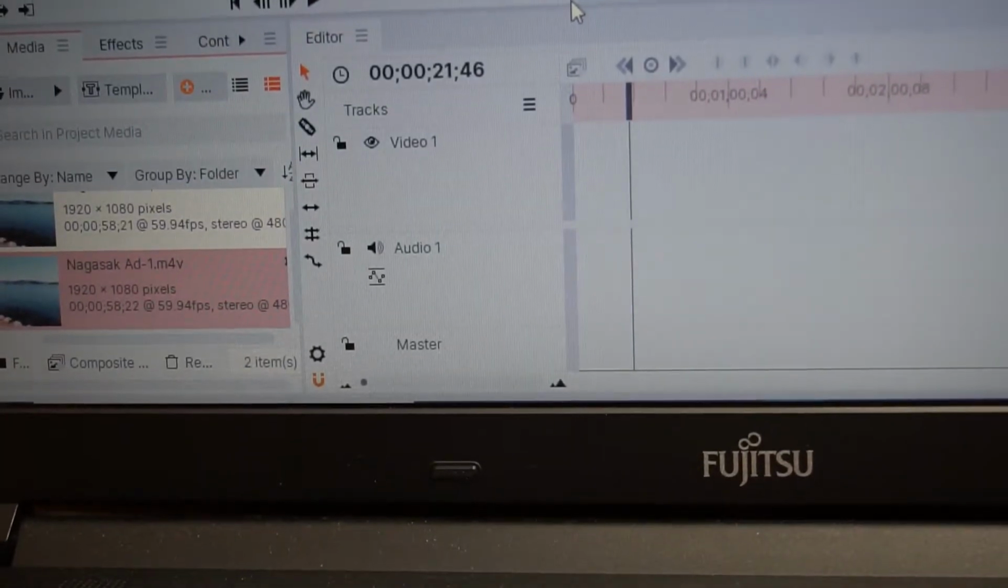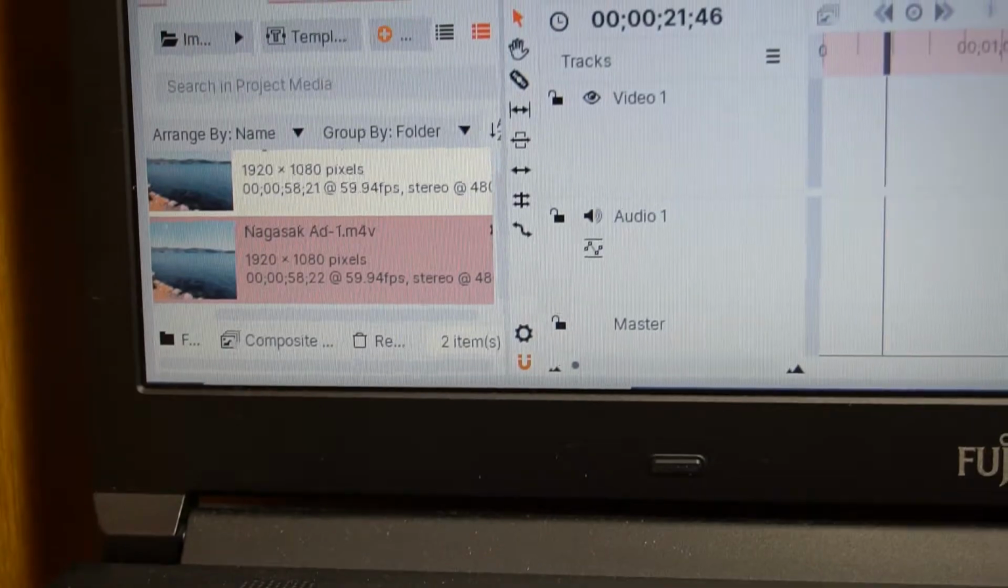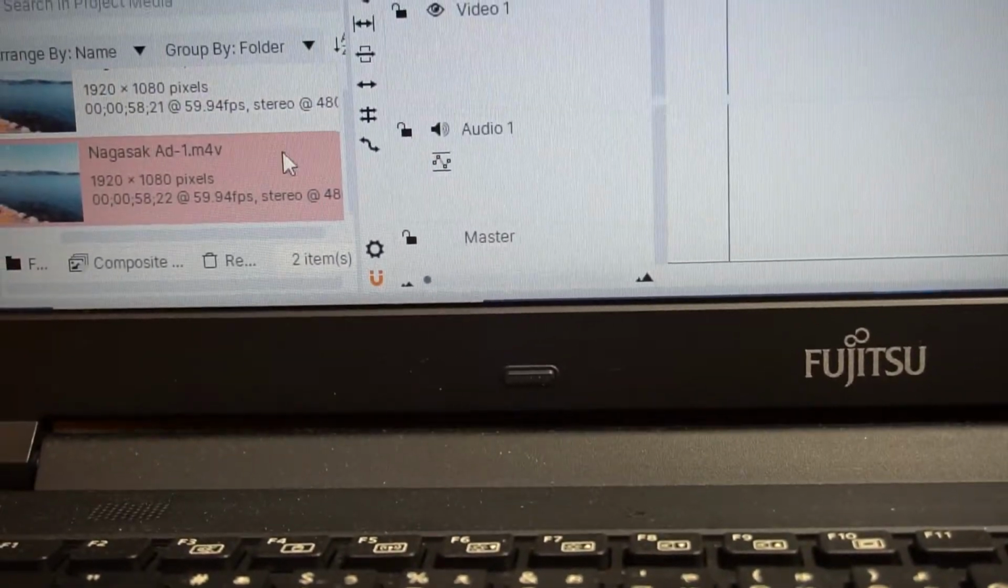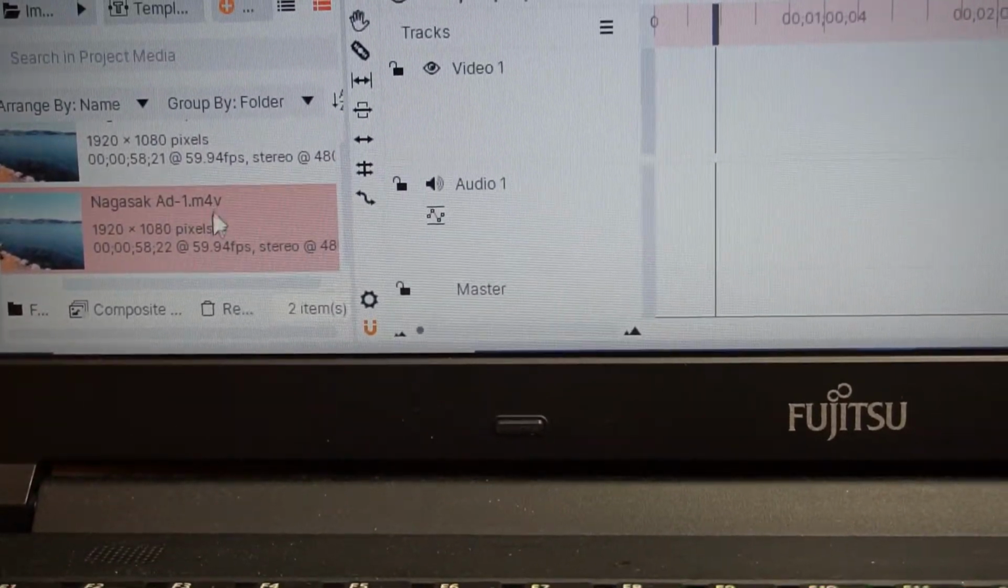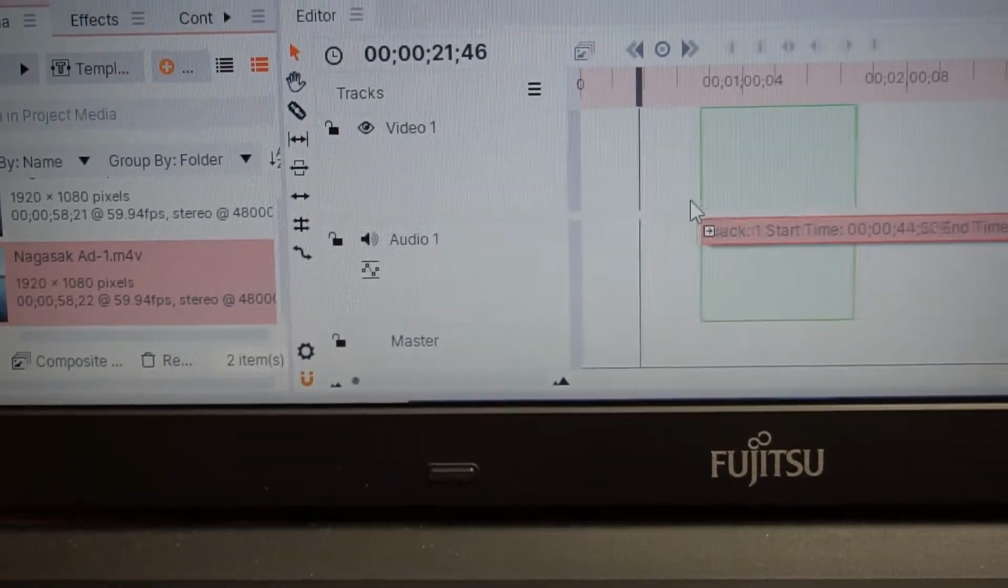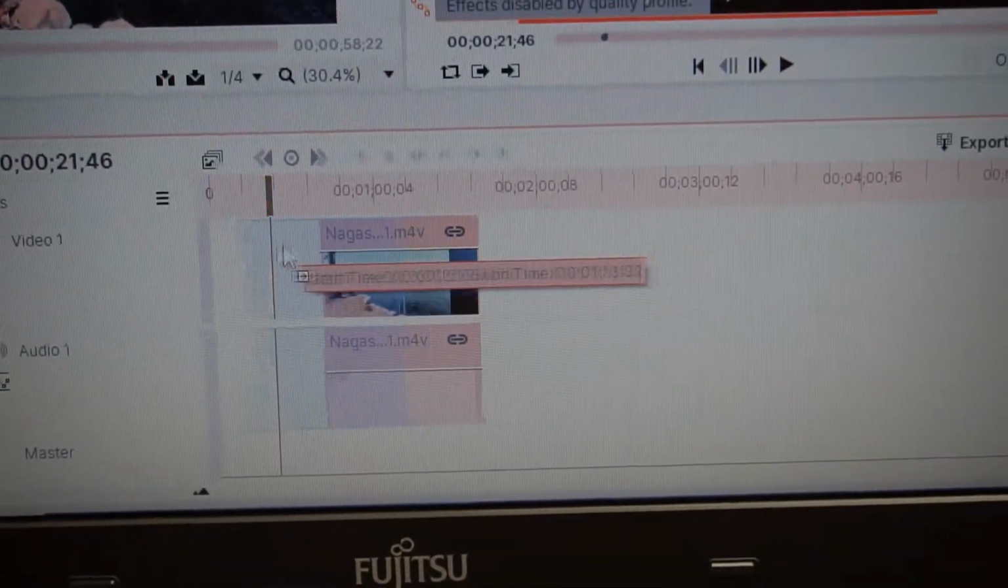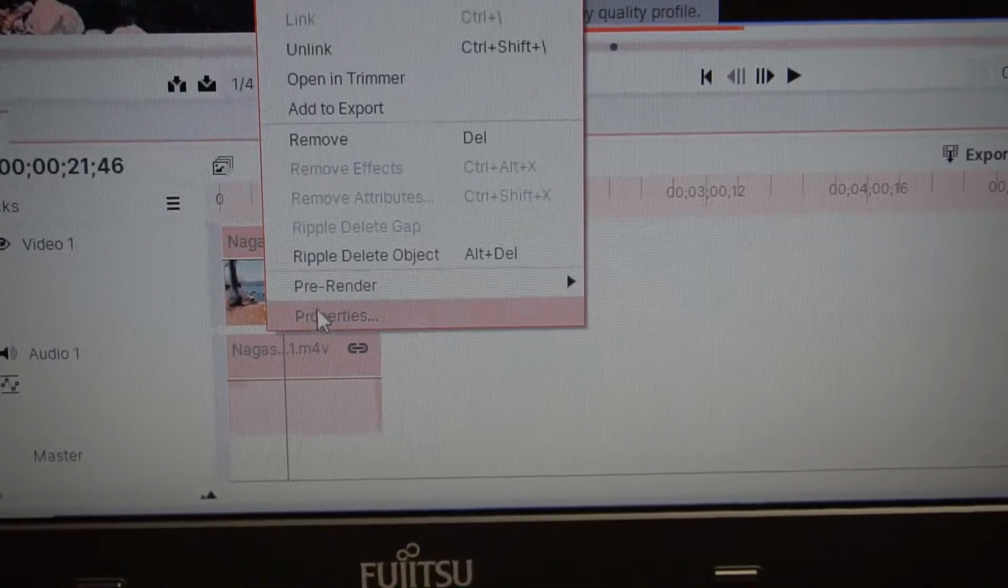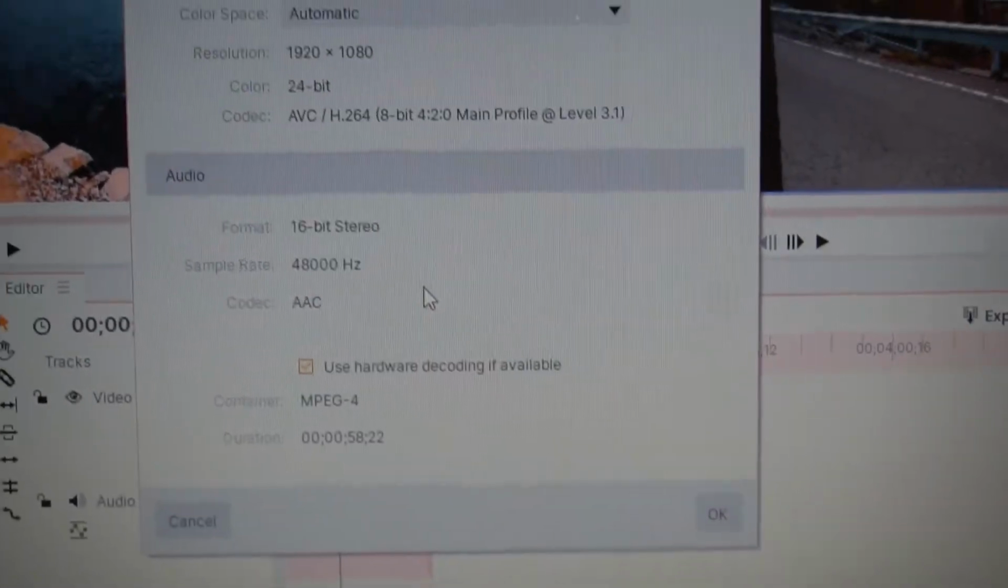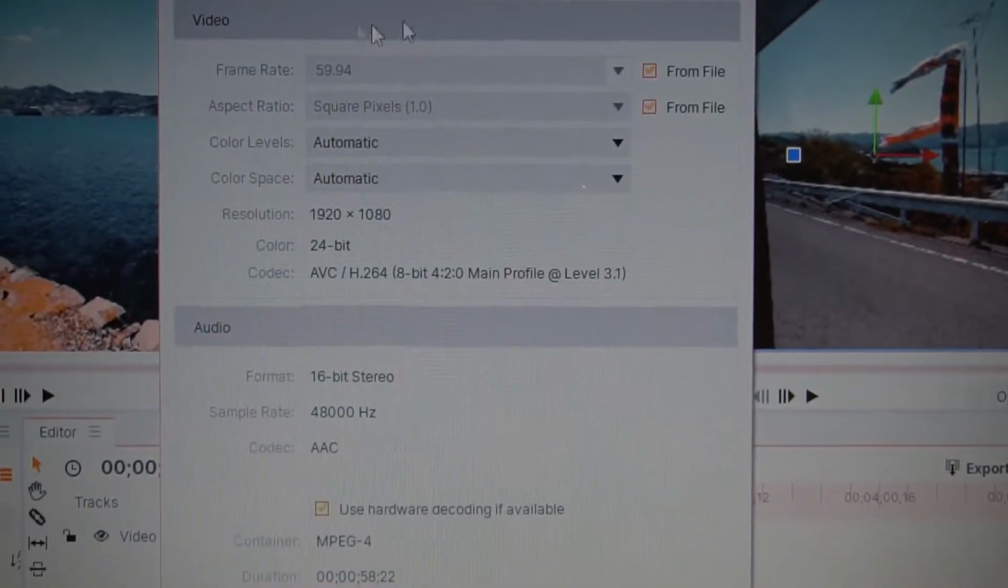Alright guys, so I imported the new file now. It's the same video, except the only difference, it's a .m4v. What's a .m4v? Well, essentially it's been tweaked. So I'm going to my properties. The only thing I changed from this